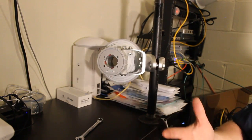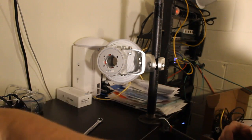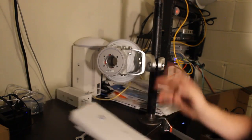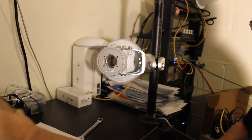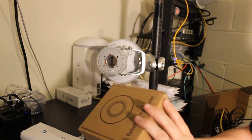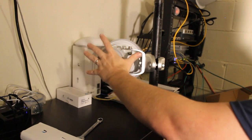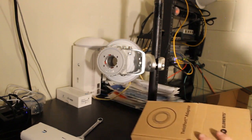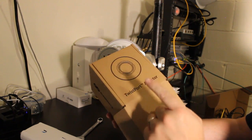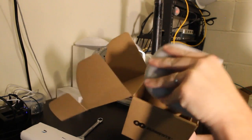So then the next part that you've got to deal with is the actual, so we've got our Rocket AC. This is meant for point-to-point, multi-point applications. And then we have the twist port adapter. Now, if you go by the quick start guide for the antenna, the symmetrical horn, it actually has you put the twist port adapter on. But then, if you go with the quick start guide for the twist port adapter, it tells you to put the radio in first. So we're going to take this guy out,